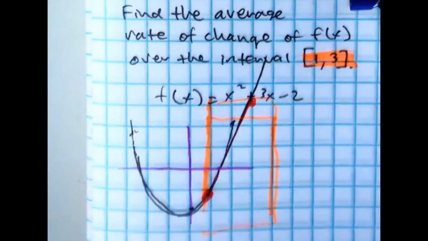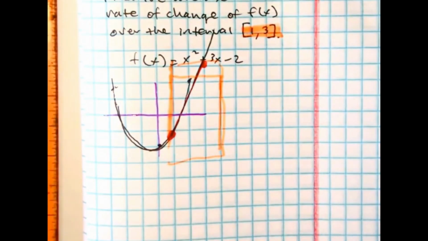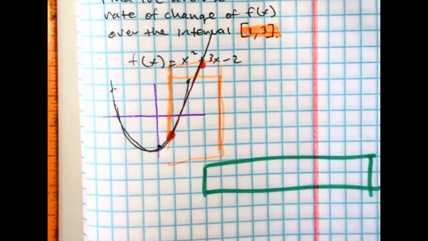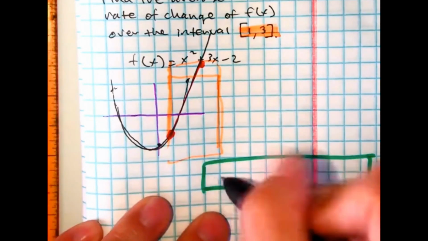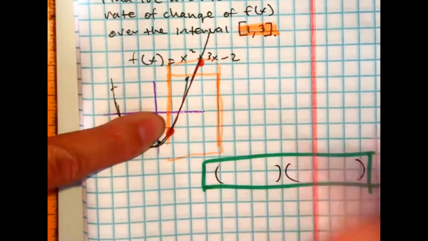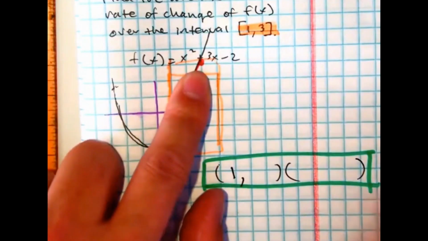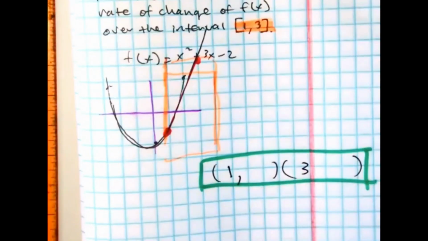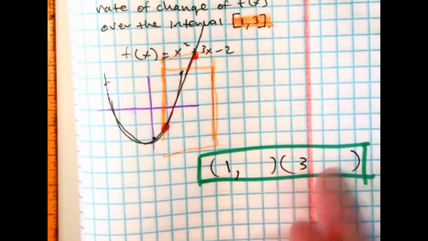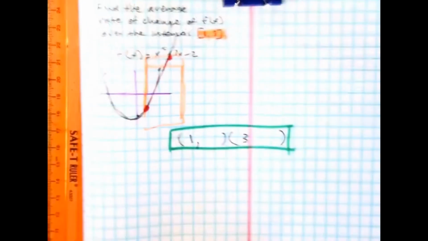Okay, so that's what's happening. So, what does that mean for us? You have x values. You basically have 2 sets of ordered pairs, and in this first ordered pair, you know the x value is 1. And you know on the second coordinate, your x value is 3. We basically need to figure out what the y coordinates are here, and then we just need to find the slope between those 2 points. So the first thing we're going to do is